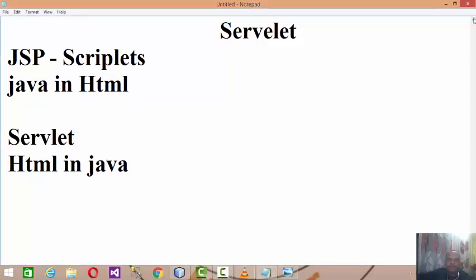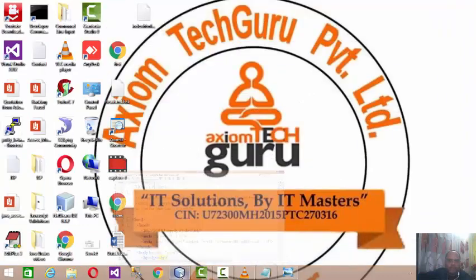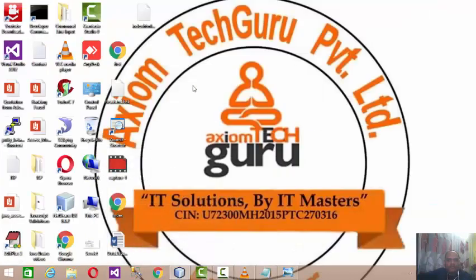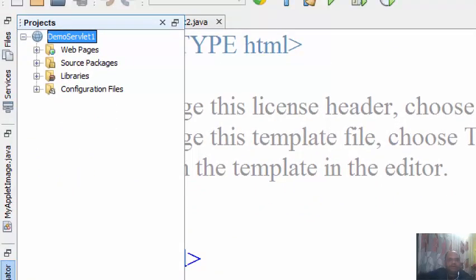Let us discuss servlets by one good example. I create a project by the name of demo servlet 1. Once you create the project, you will find folders like web pages, source package, libraries, configuration files added.